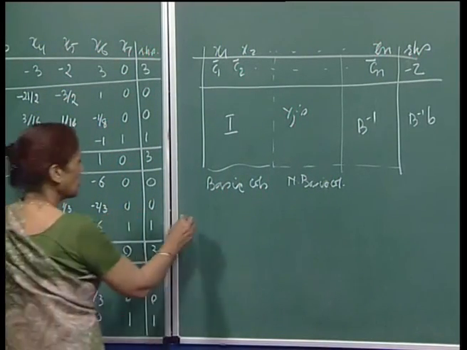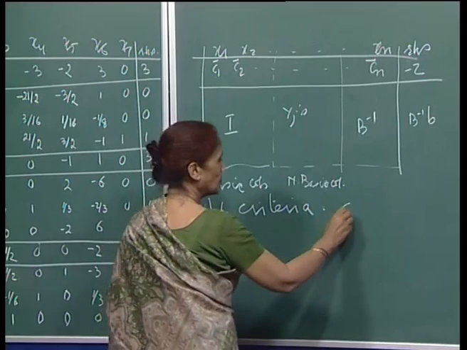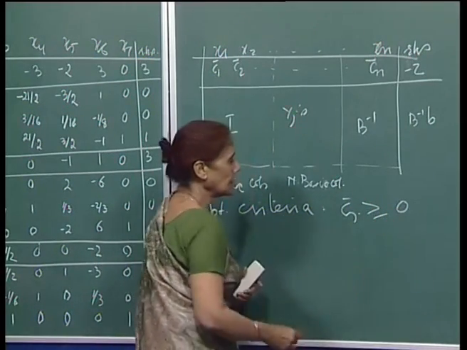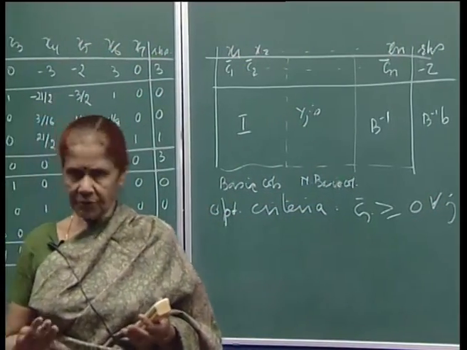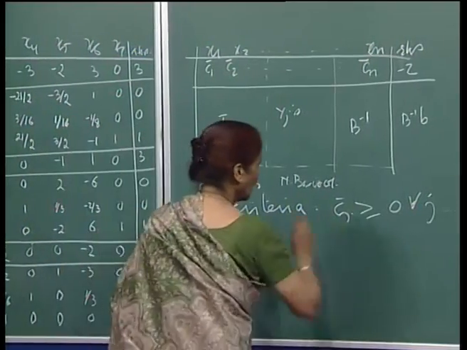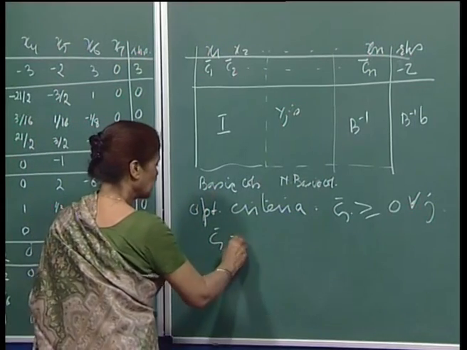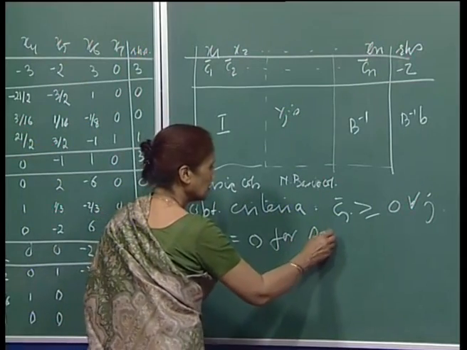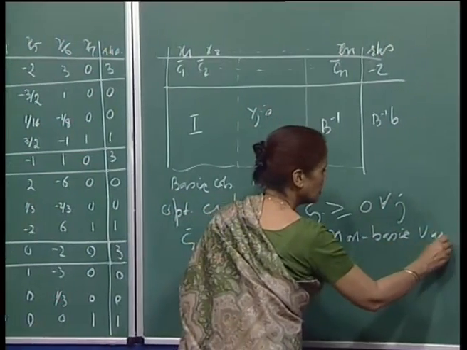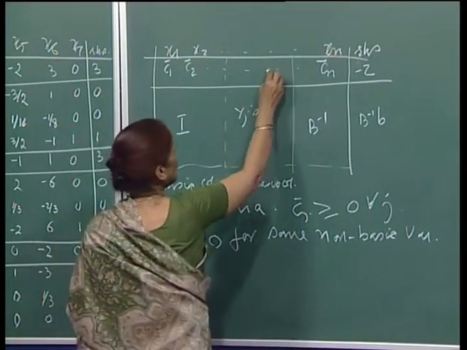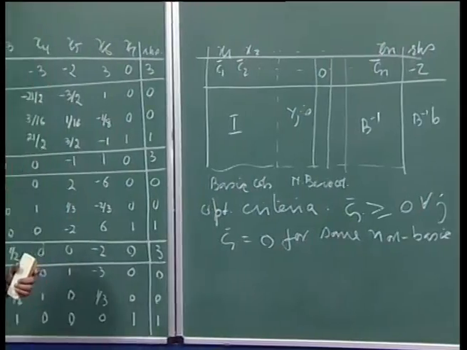Now remember, our optimality criterion was that your Cj bar should be all non-negative, for all j, and we saw that the Cj bars for the basic variables are all zeros, and for non-basic variables they should be all non-negative. Now, it is possible that Cj bar is 0 for some non-basic variable, right. So, if you have a 0 here for a non-basic variable, your Cj bar is 0,